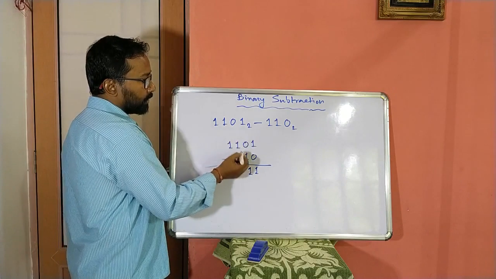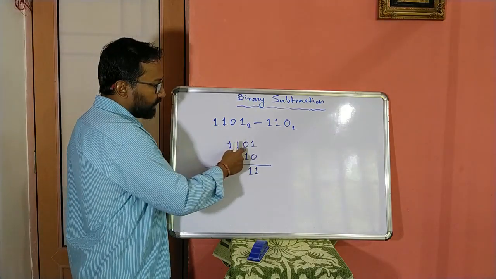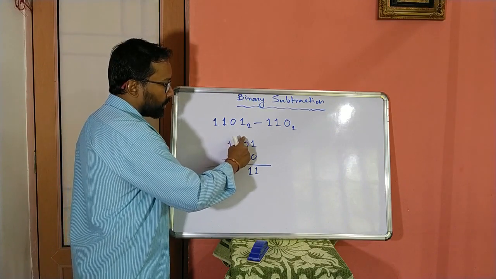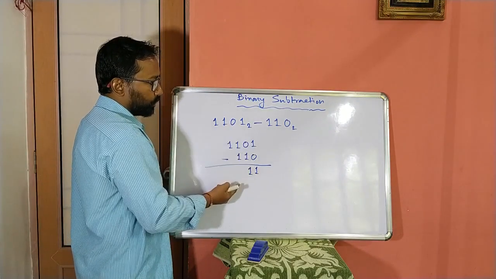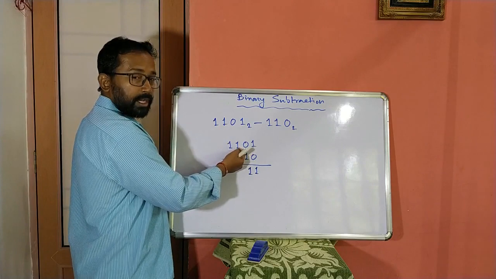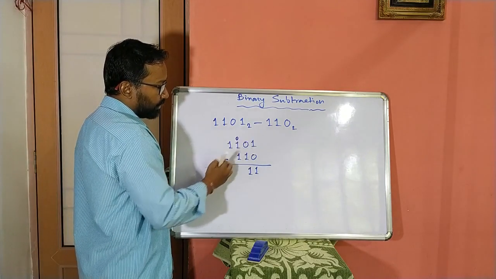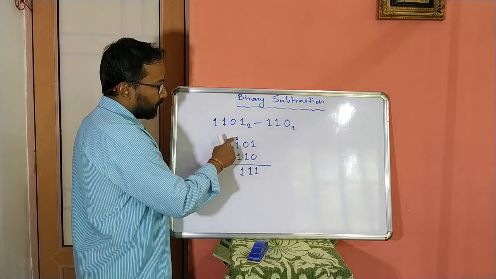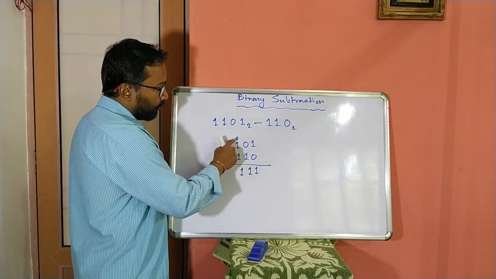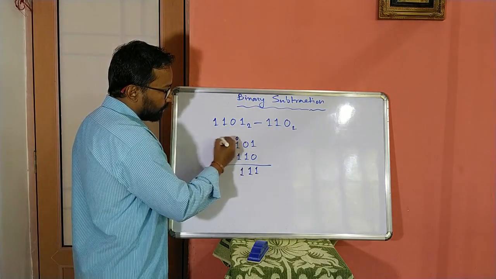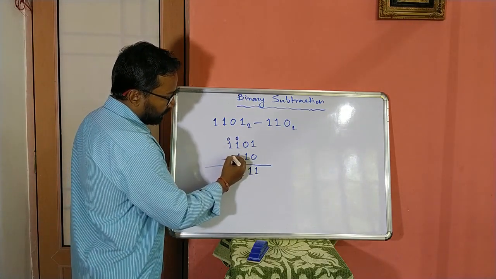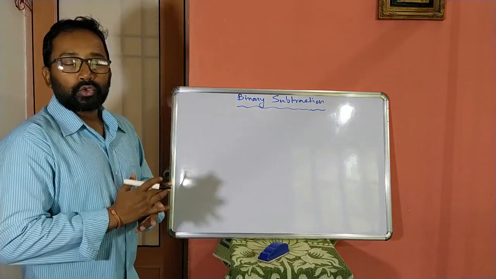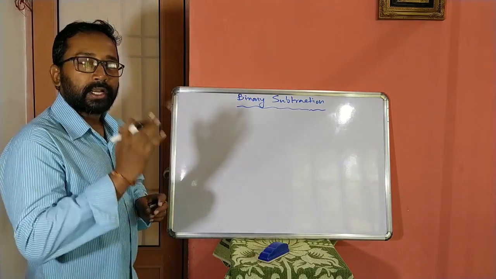So whenever we subtract 1 from 0, in this number before 0 till the last one, all the bits will be replaced by opposite bits. So before this is my last one, so this will be replaced by 0. So 0 minus 1 again, we will not consider this one. 0 minus 1 is again 1. For that 0, this one becomes 0. So here 0, nothing is there, means 0, 0 minus 0 is 0, no need to write this. This is the answer. So to understand this process, let us go through another example.